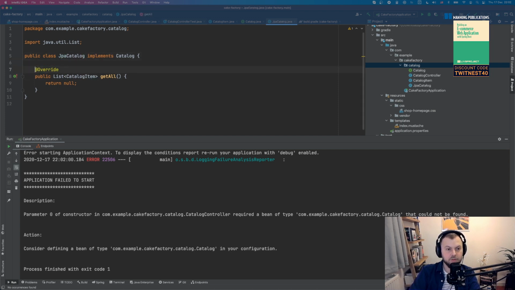So in a real world, it's probably going to be a little bit more complicated, but it's fine. So this is a JPA catalog, right? This is the implementation. And what I need to do now, I need to somehow get the data from the database and actually display it in here, and not even display it. That's the beauty of the test. So the boundary, the responsibility of the test is just to return a list in here.